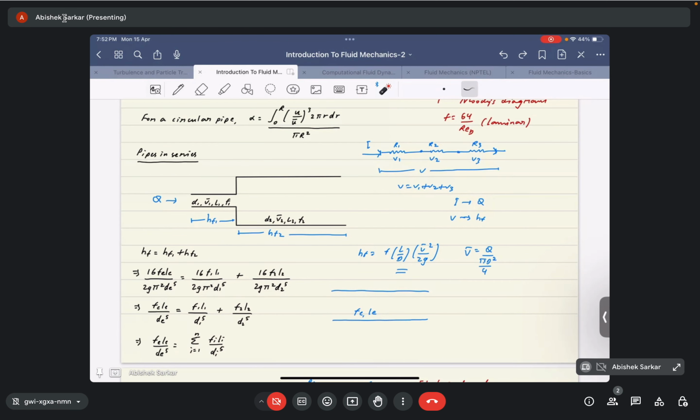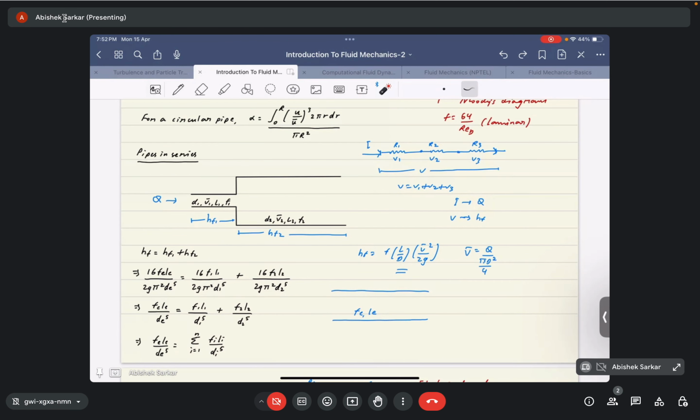Okay, where HF1 is the head loss in the first pipe, and HF2 is the head loss in the second pipe. So HF1 is equal to HF2. Moreover, if we are going to substitute this parallel piping circuit by an equivalent pipe having a friction factor Fe, a length Le, a diameter De, and a head loss HFE, which would indeed again be equal to HF1 and HF2, then we can write that